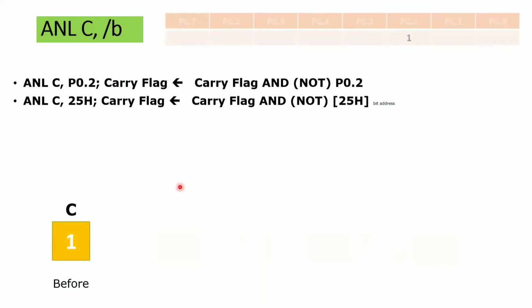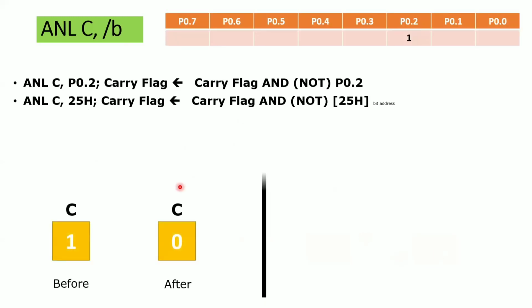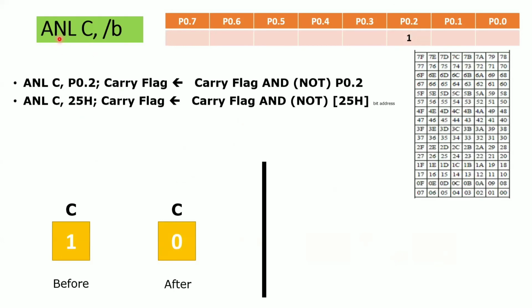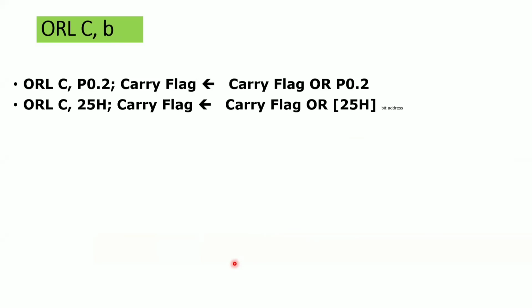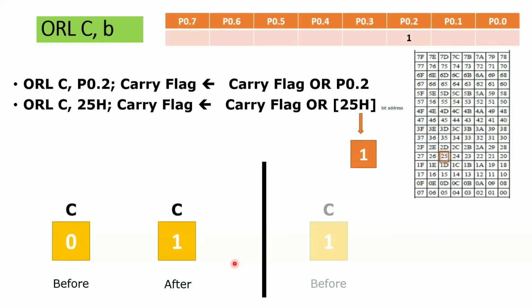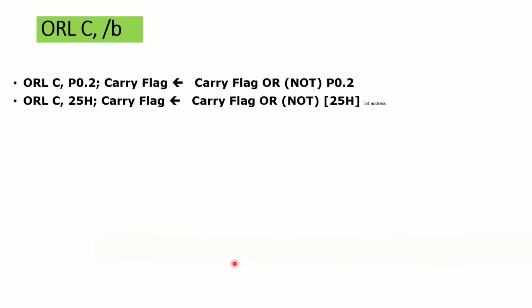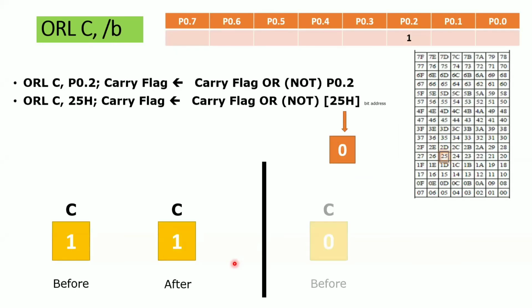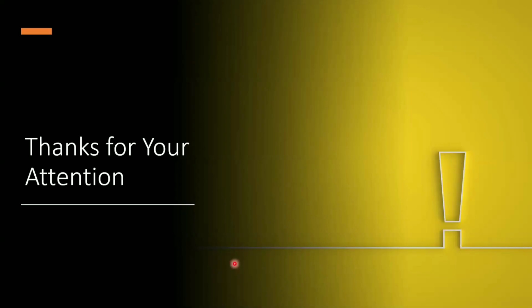Similarly, the OR operation. This is actually the OR operation, it is not the AND operation. Sorry, this is the AND operation with complemented bit. So what you need to do is perform the AND operation complementing this bit, and you will get the result. Okay, so this is the OR operation. Perform the OR operation between these two numbers. Okay, I think these are your bit manipulation instructions.